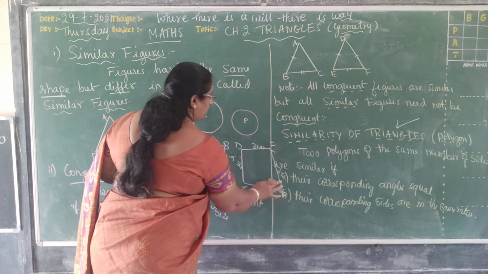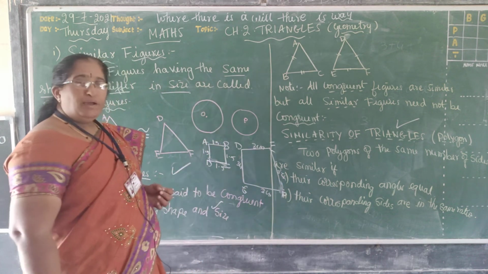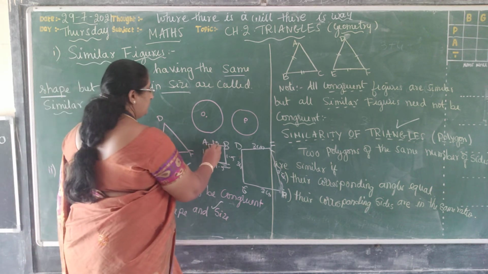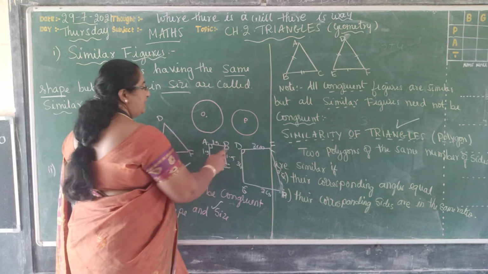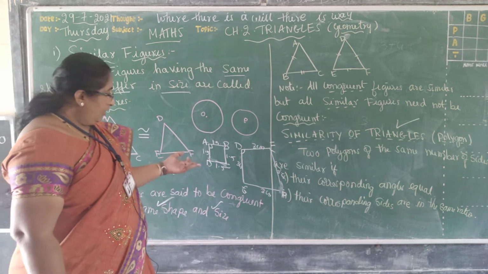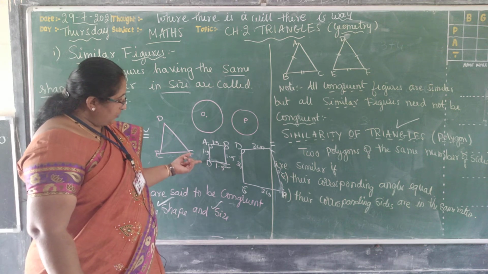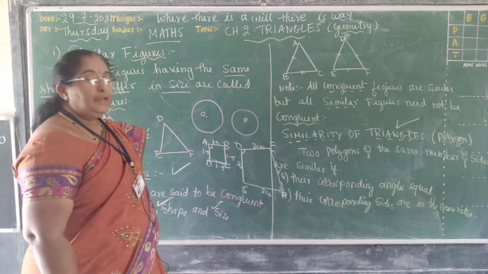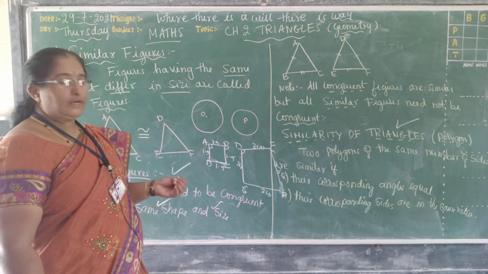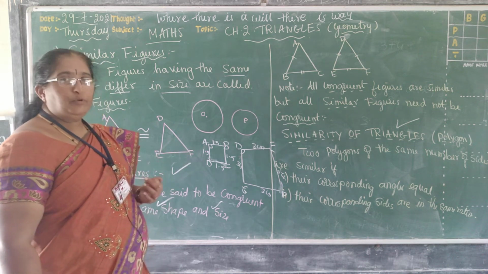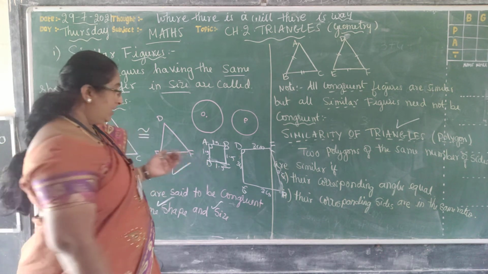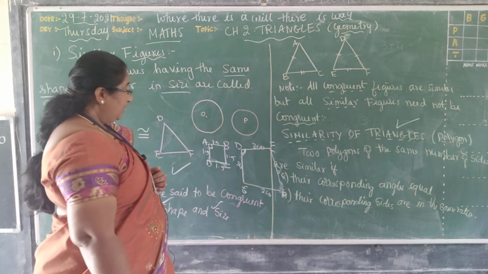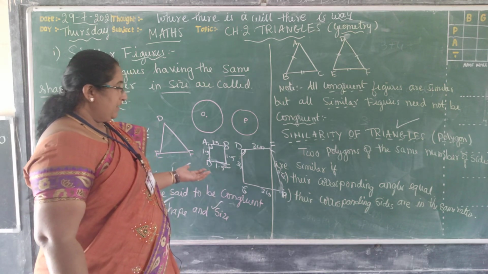Okay, can you see? But can I call them similar? I cannot call them similar because here the angles are different. Here it makes a 90 degree, but the angles are different. The corresponding sides, AB by DF, are in a proper proportion. But what about the angles? Angles are not equal. Here it is a right angle. So such figures you cannot call similar figures.